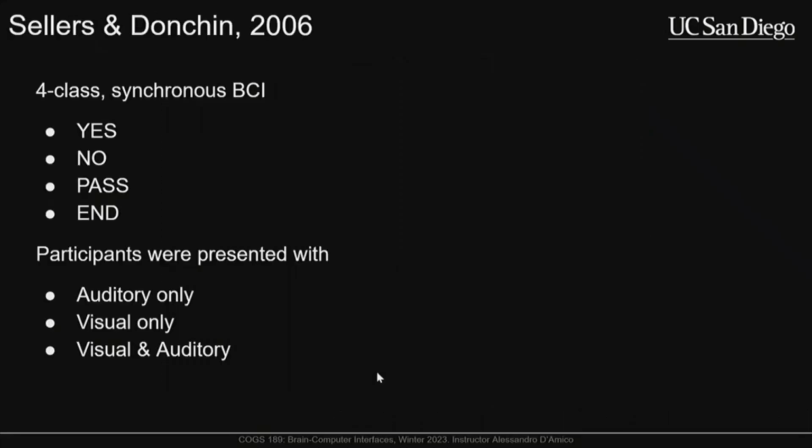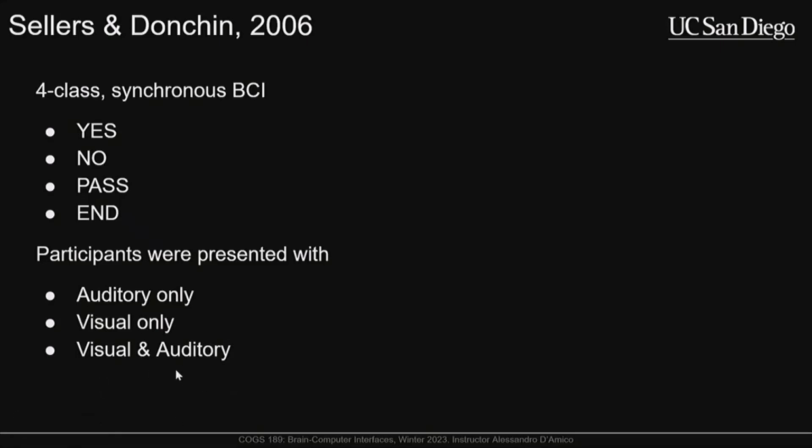So in Sellers and Donchin, they made a 4-class BCI, and there were 4 commands, which were yes, no, pass, and end. And participants completed 3 different modalities. So they had audio only, visual only, or audio and visual stimuli. What's interesting about this is that they didn't actually want to have more than 2 classes, yes or no, but